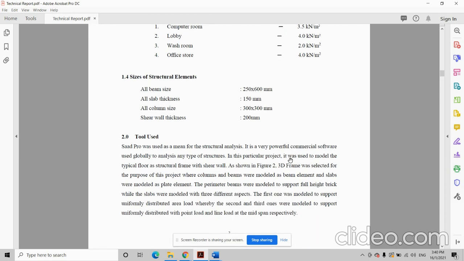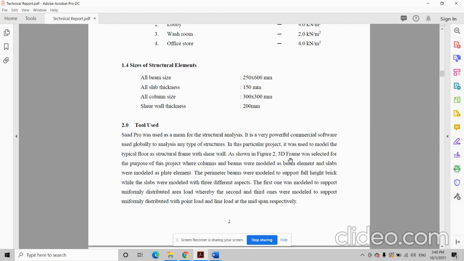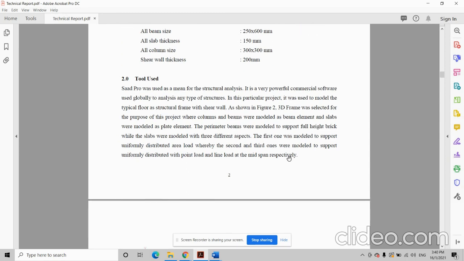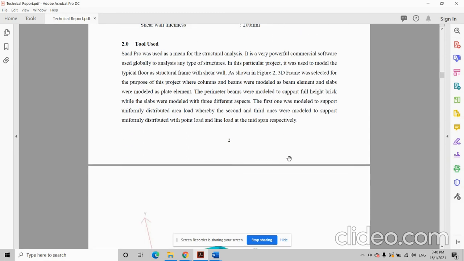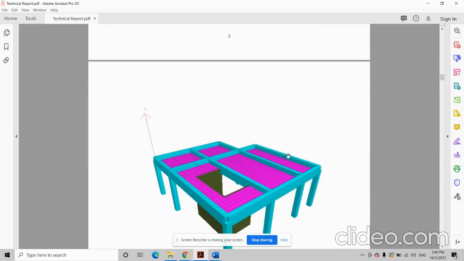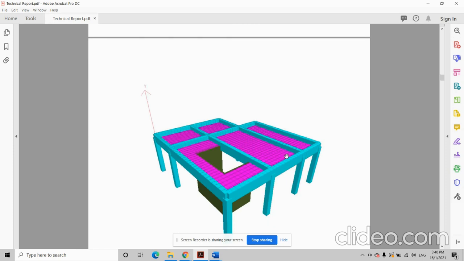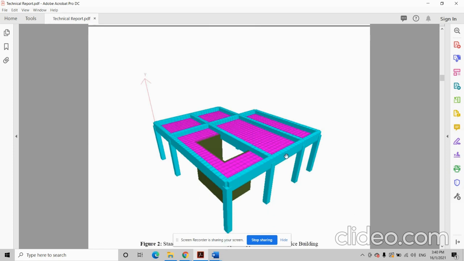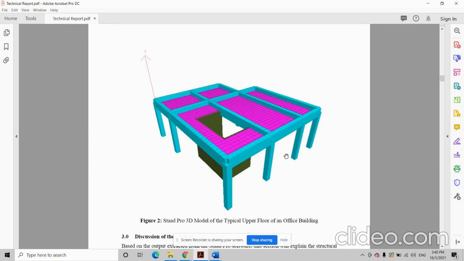For the tool used for the structural analysis, StatPro was used as the means for the structural analysis. In this particular project, it was used to model the typical floor as a structural frame with shear wall. The first one was modeled to support uniformly distributed area load, whereas the second and the third were modeled